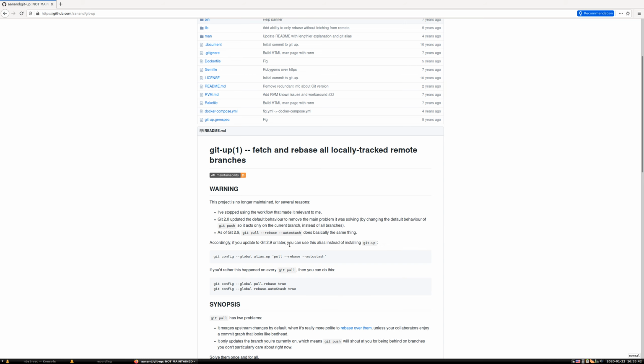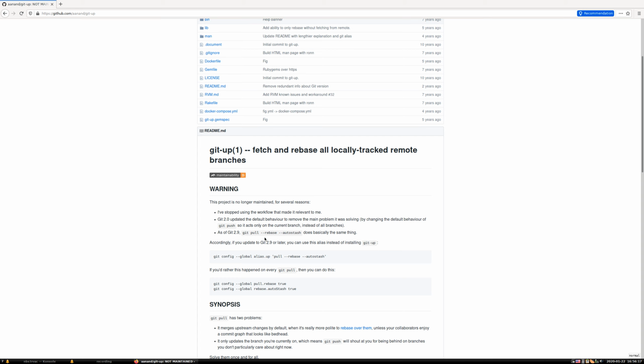But what I like about git up, when compared to git pull, is that there are four things. Git up will update all the branches, not just the branch you are currently on. So you don't have to update all the branches manually. Second, git up shows you a list of new commits on each locally tracked branch after it finishes. So you can see not only the stat, like which files were changed, but which commits are new, which is